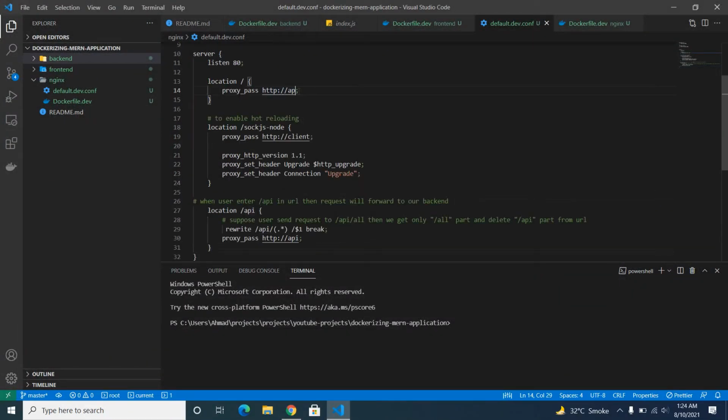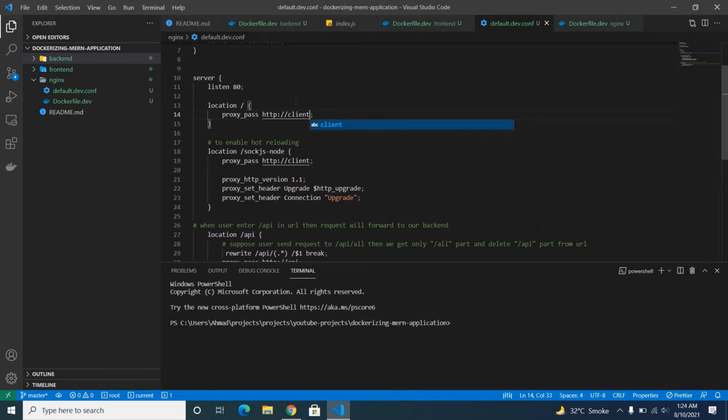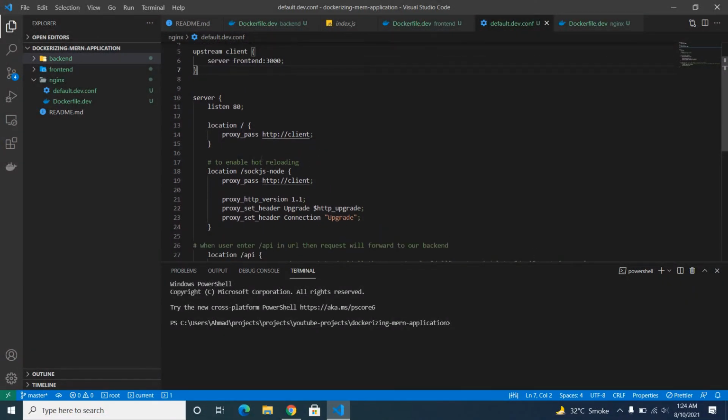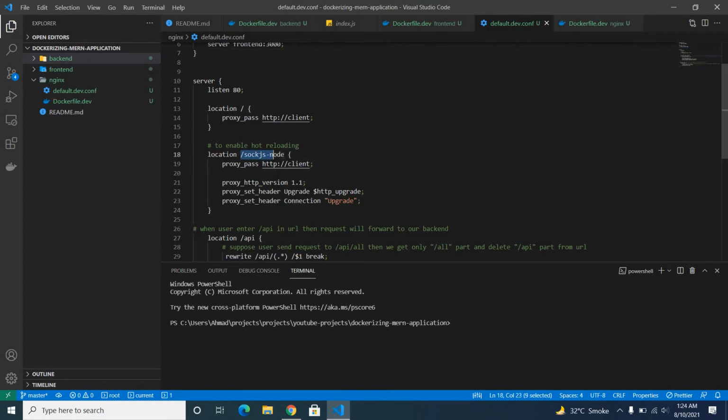Note this is API instead of client, because when we enter localhost 3000, then our request will be proxied to the client server, and similarly if someone writes the other path, then client server. This location is used to enable hot reloading, because React.js requires this configuration.